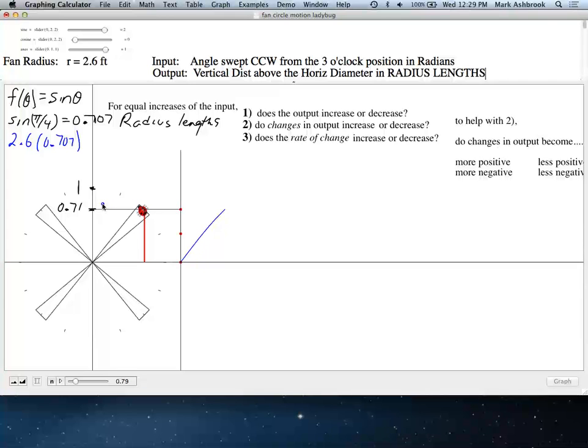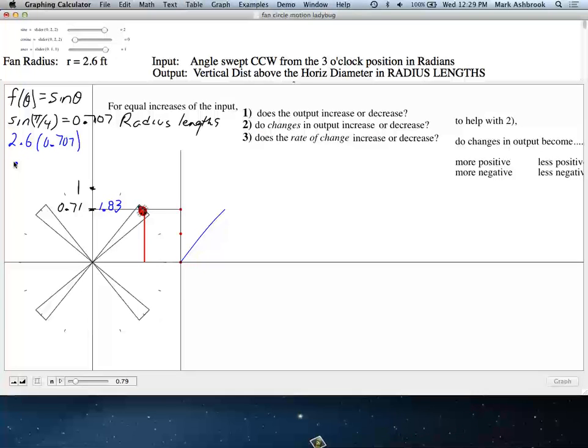Or did anybody? 1.83. 1.83? Yeah, so what we want is 0.71 of a radius length, so it's going to be 0.71 of 2.6 feet. Or, what you said, 2.6 times 0.707 gives you 1.83 feet above,